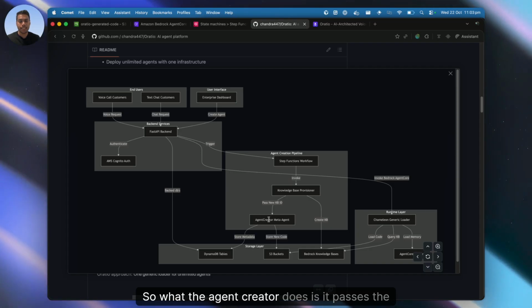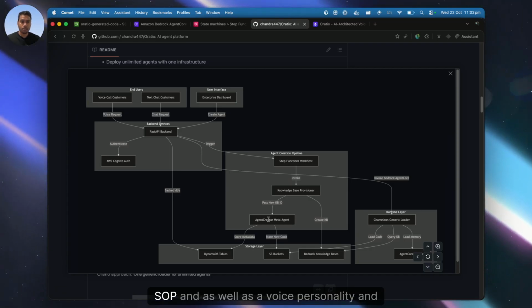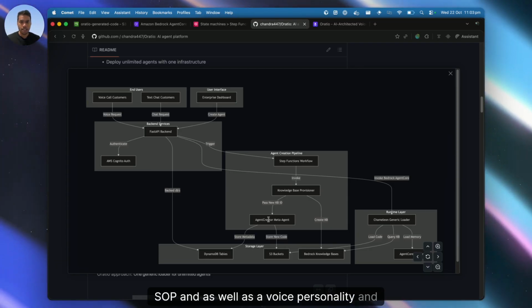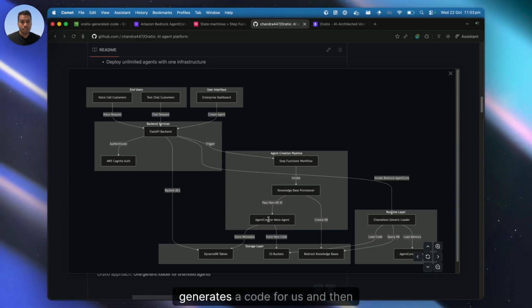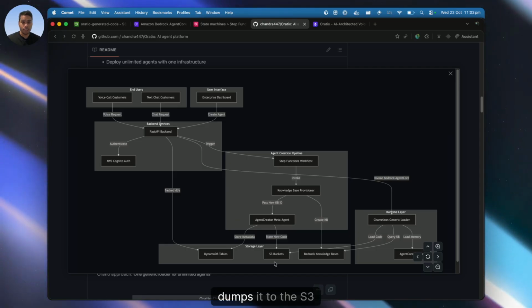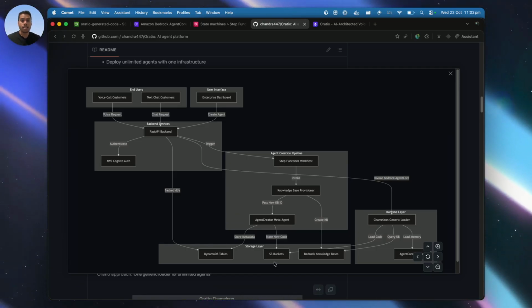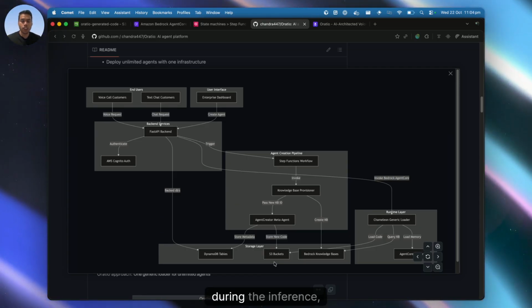What the agent creator does is it passes the SOP as well as the voice, personality, and everything. It comes up with a plan and then generates code for us and then dumps it to the S3 bucket. And then during the inference,